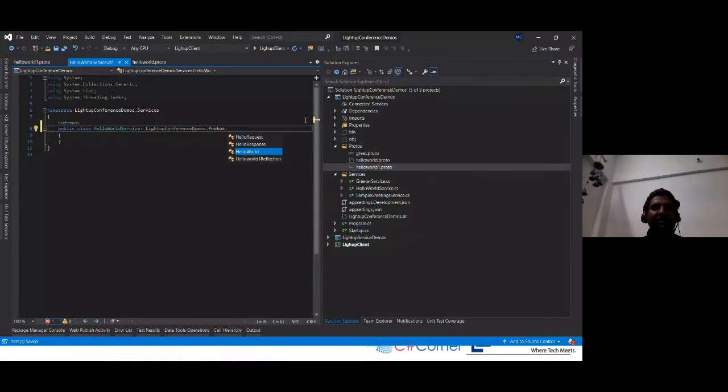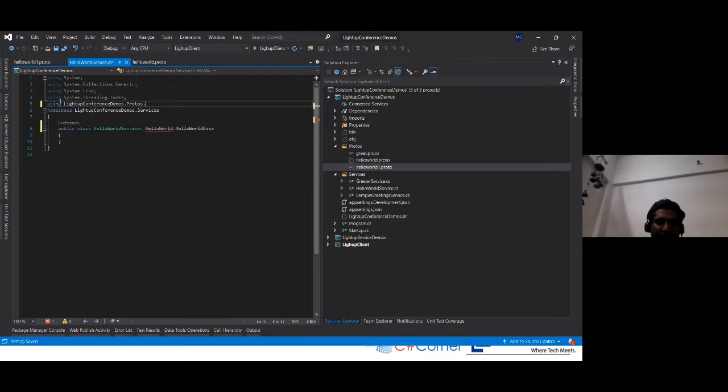Yeah, here we can see dot hello base. This is the C sharp namespace. We can make it into a using statement maybe. And now we know this is the hello world where it is.